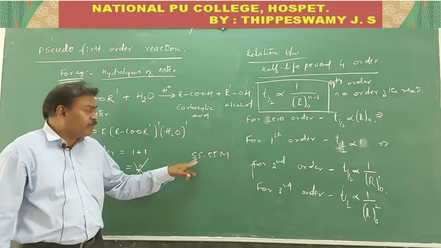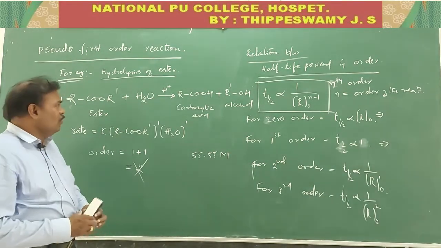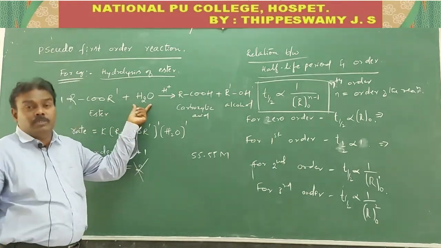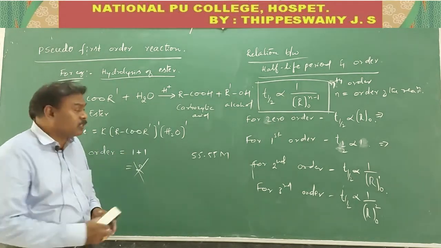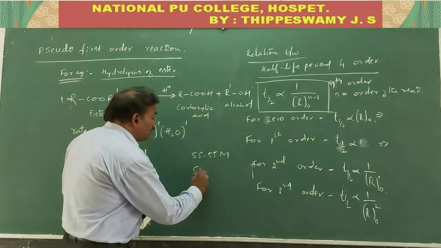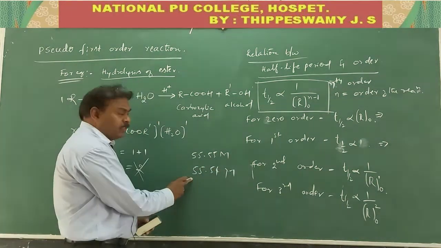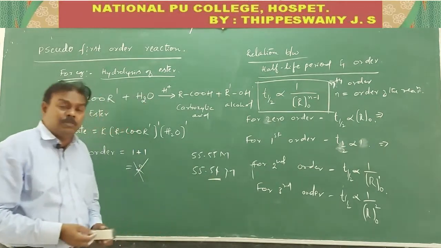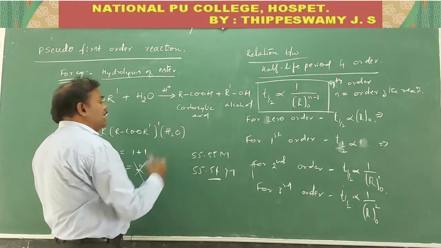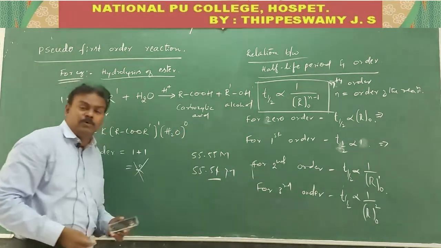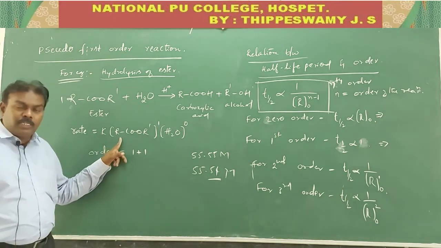But after the hydrolysis, only a small amount of the water is utilized. A negligible amount of the water is utilized. Hence the concentration of the water is obtained as 55.54 M after the experiment. So this change is negligible. Therefore, instead of power 1 here, we have to take power 0.